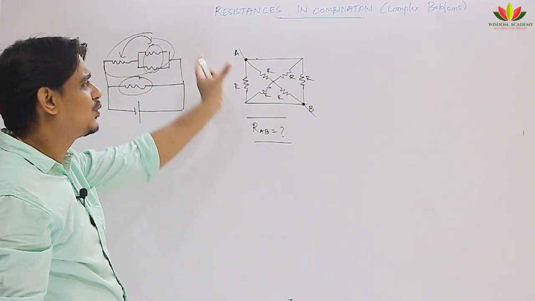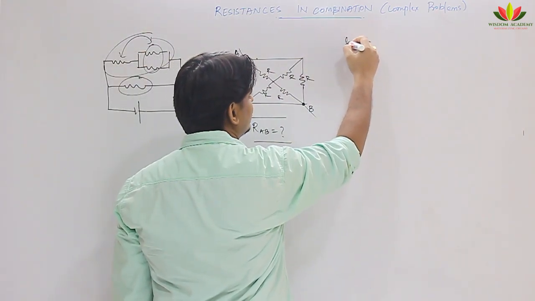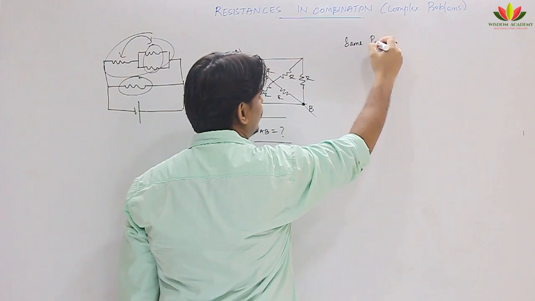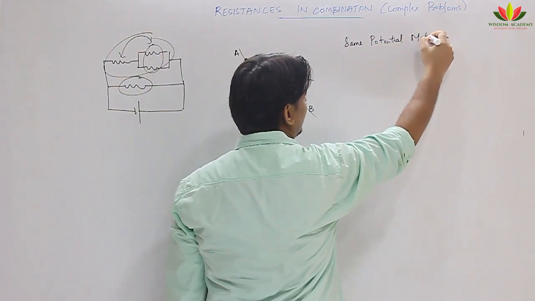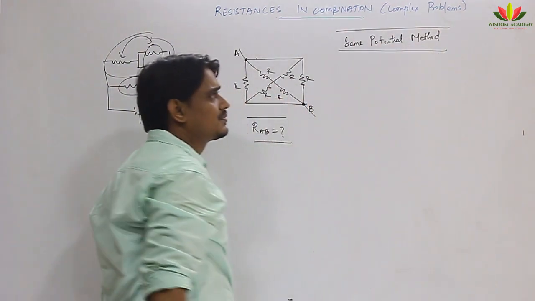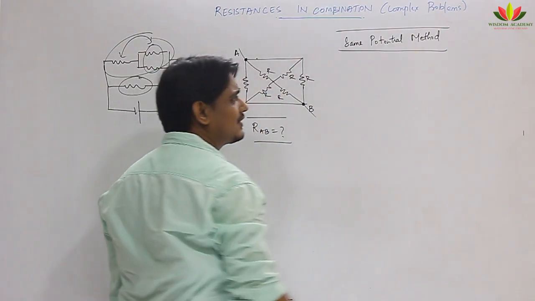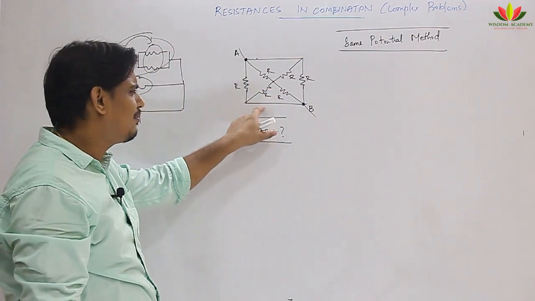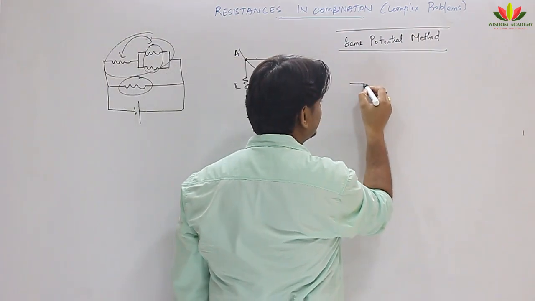So these kinds of questions can be solved by a method called the same potential method, or also known as the potential method. In the potential method, we try to find the points of similar potentials. This is a little complex, so I will first take an easy question, and I will come back to this later. So the question is like this: